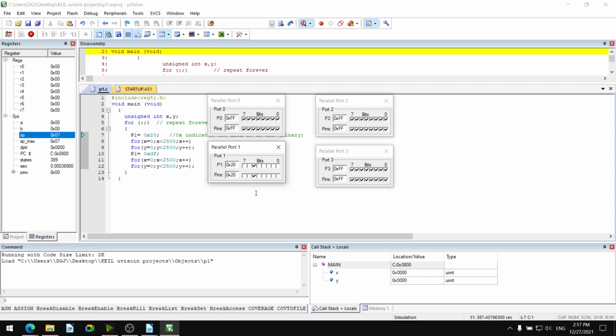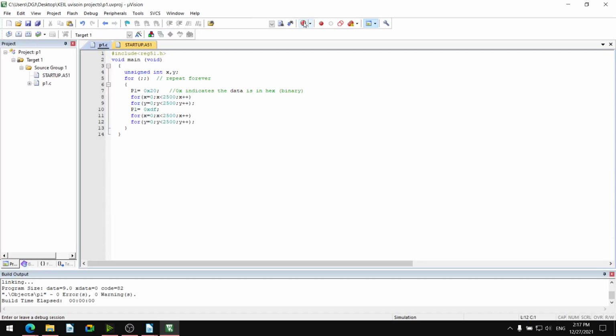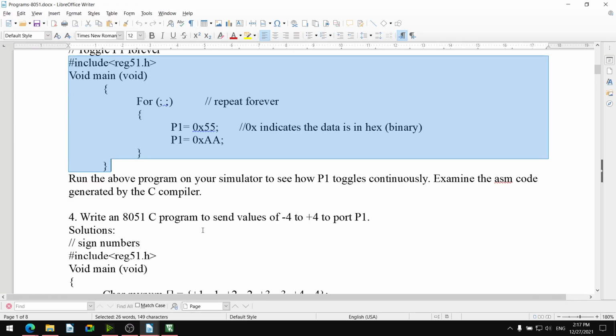And so many combinations you can create for toggling. Okay, I will stop this execution, stop code execution, stop debug session. Okay, and next one.